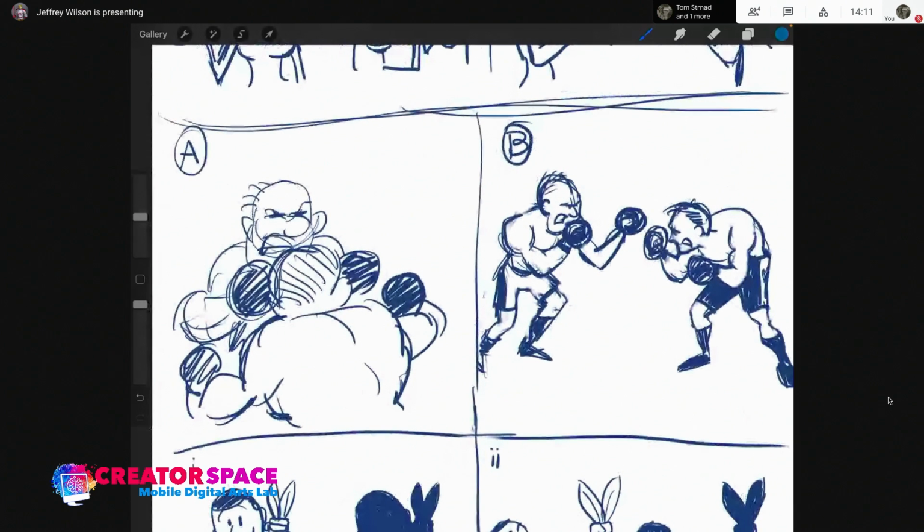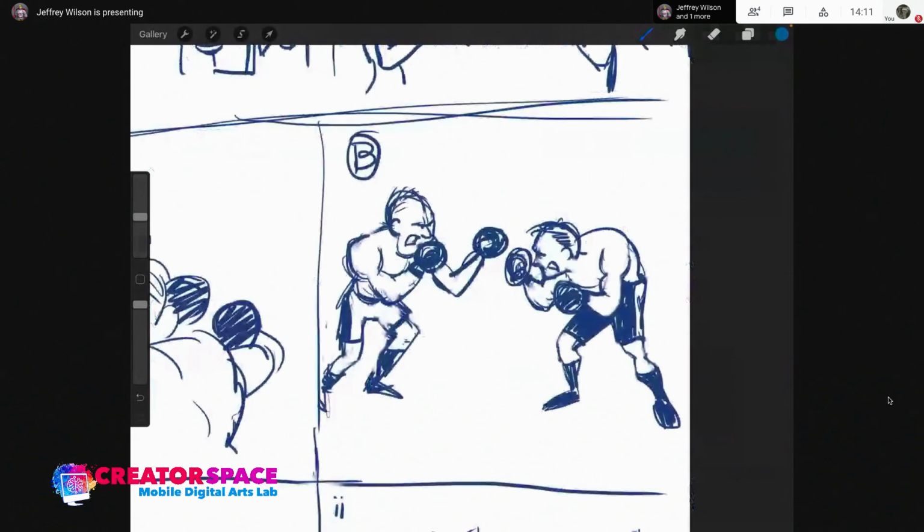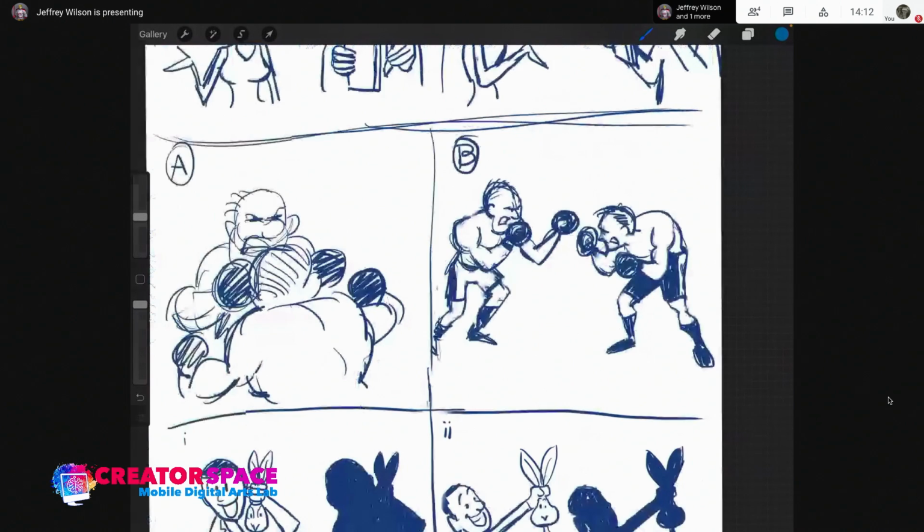Now, here's a couple more images. This is a couple of boxers that are fighting. In this first one, one boxer has his back to us, and the other boxer is facing us, and it's kind of hard to tell what's going on. A lot of the bodies are obstructed, and it's a little difficult to tell, but it still tells a story. Then the next image on the right side is the two boxers. You can see what's going on, that they're sizing each other up, and they're kind of boxing, and so think about these two and think about which of those is